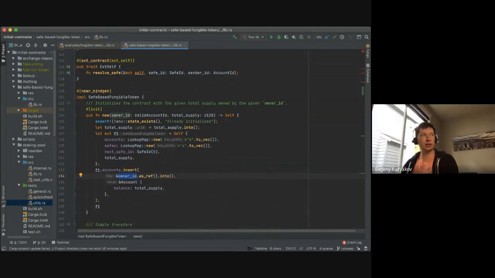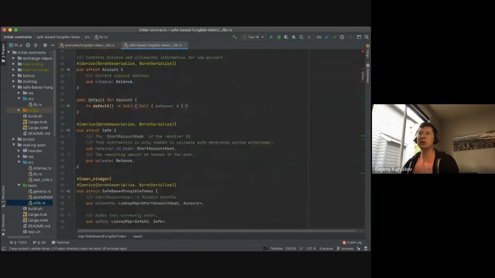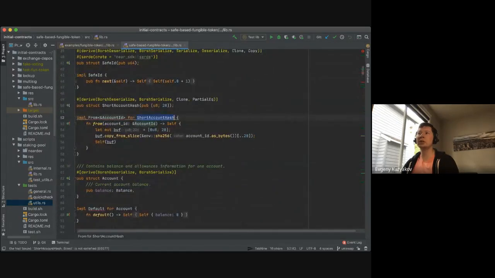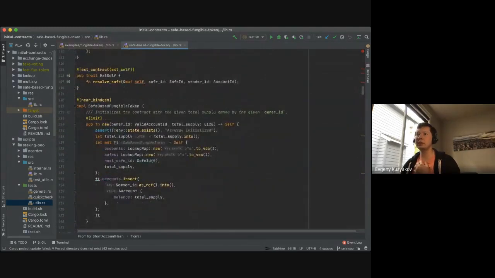So we don't explicitly call hash on the ownership. So as_ref converts valid account ID to reference to account ID, and then we have a from implementation in Rust that converts it to a structure short account hash, which hashes the account and creates this. So this stuff essentially casts account ID into a short hash by hashing it and truncating it. And then we give full total supply to the